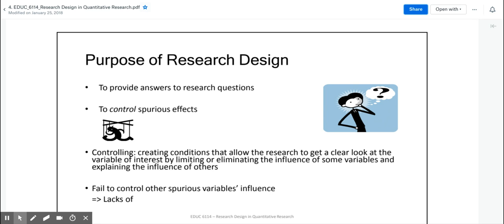So what is the big deal then? How do we control other variables except community violence, right? The other potential independent variables potentially influence teacher turnaround. We call it spurious effect,